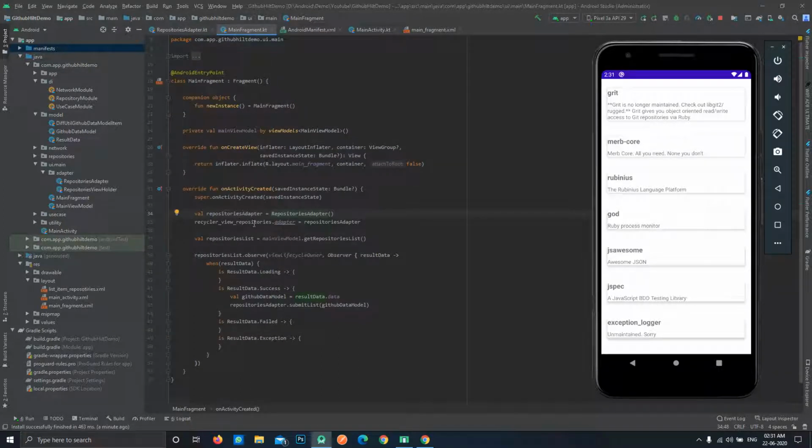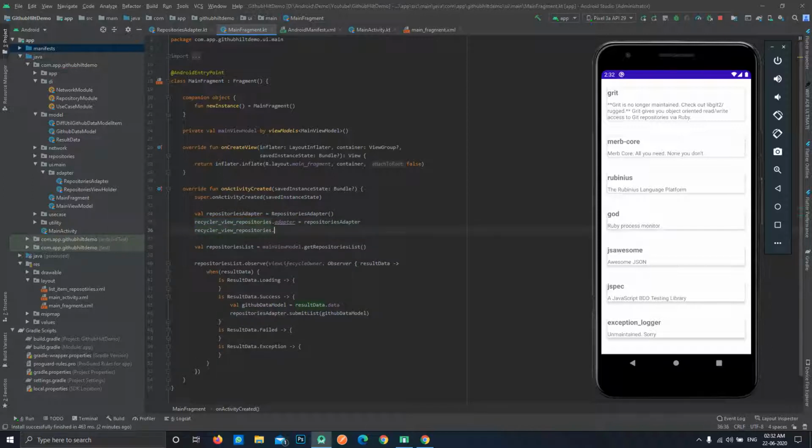Here there is also no need to define the layout manager unless you need it. If you need the layout manager anywhere, like in the scenarios of pagination or if you have some custom functionality, you can either use the instance of your recycler view to get the adapter, or you can define your adapter over here and programmatically assign it to your recycler view like this.